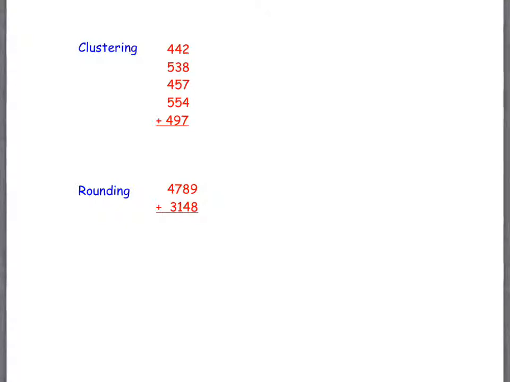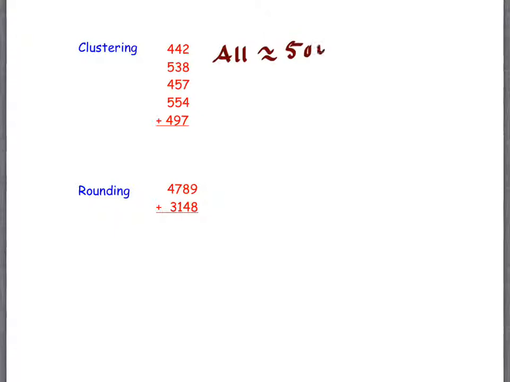Clustering is a very interesting idea. If you take a look at all of these numbers, what do you notice about them? They're all 400s and 500s. Anything else? They're all about 500. They're sort of clustering, they're all sort of grouped around the same number, and the number is about 500. So these are all